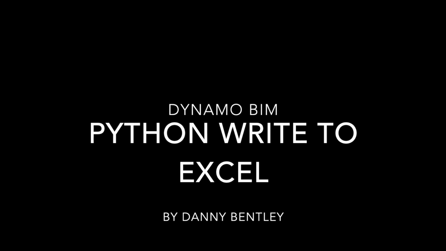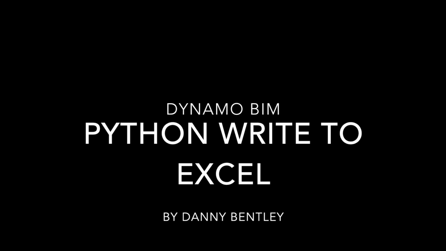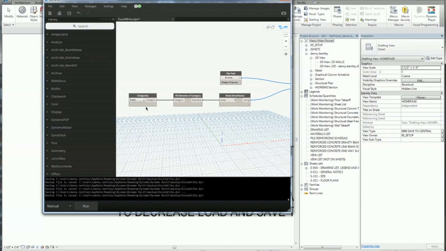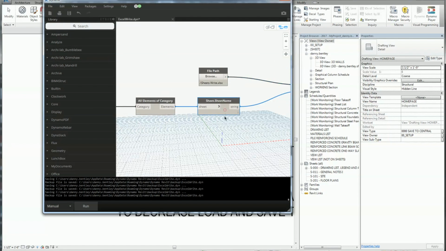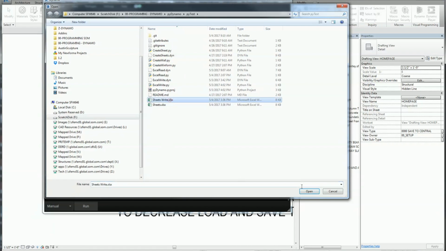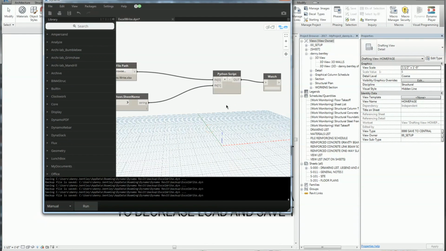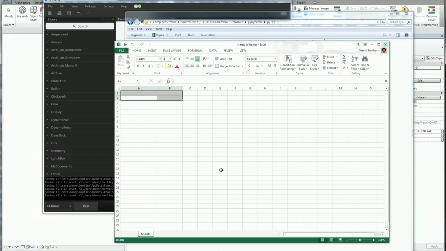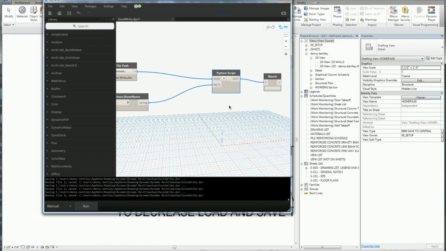Welcome to Dynamo using Python to write to Excel. So I'm going to get the sheet names from Excel and I'm going to write them out to an empty Excel file using this Python node. The Excel file is empty and